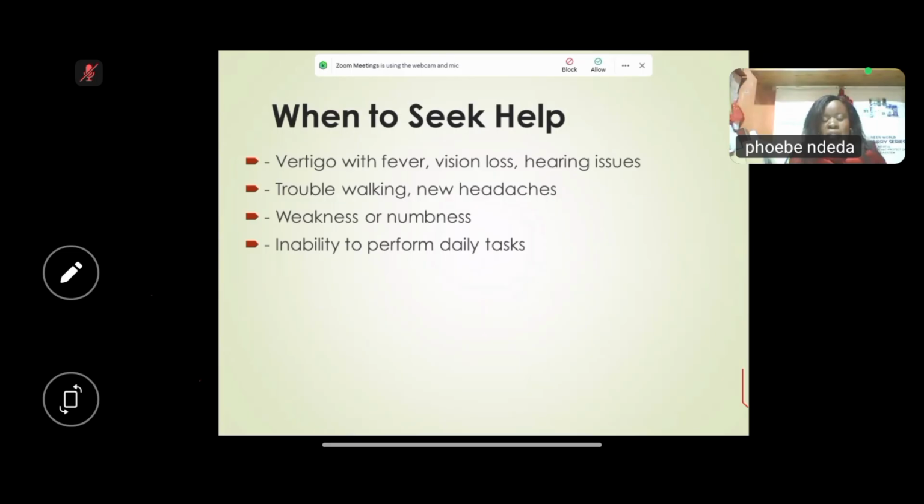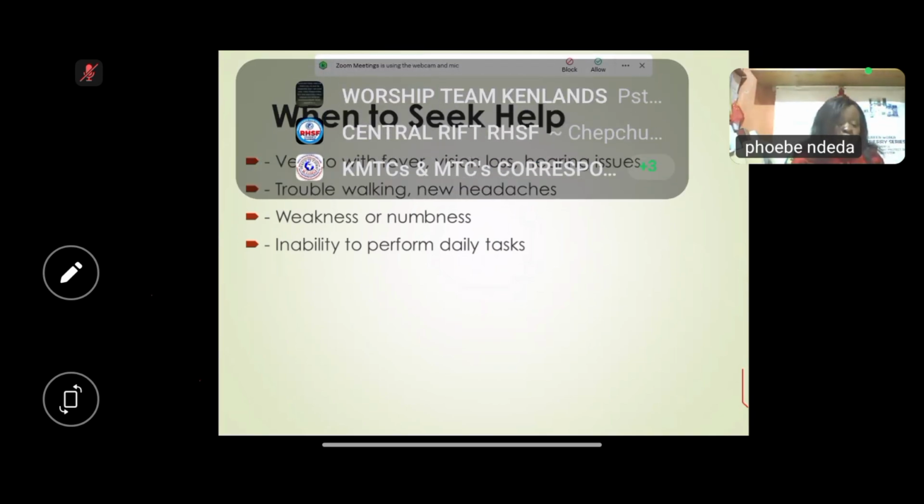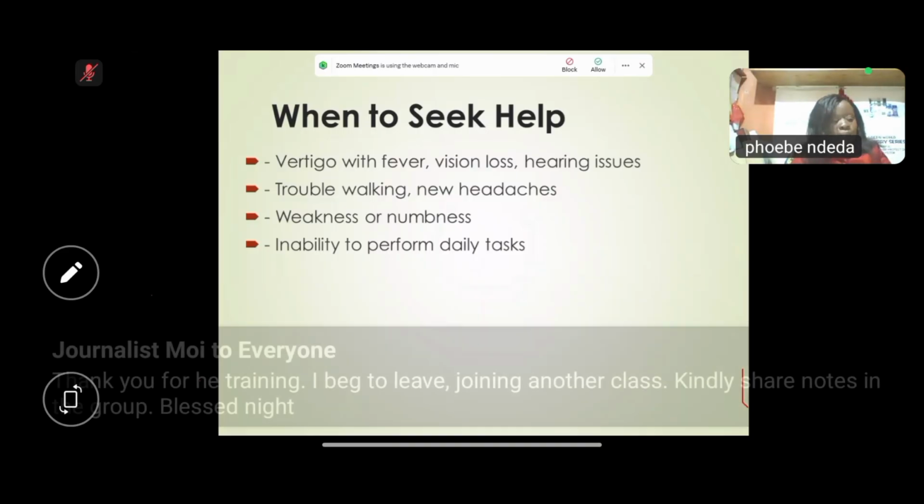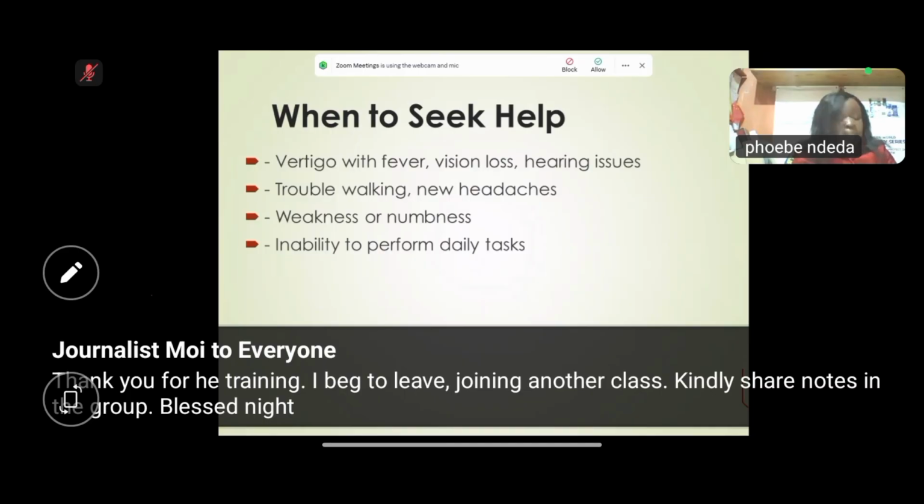Inability to perform daily activities. Let me tell you, this vertigo can make you not do anything. Ukienda kufanya anything, it comes just spinning the whole day. And if you see it persists, you cannot now do most of the things, you need to seek help. Sudden severe headaches, seek help. Sudden loss of hearing, seek help. Chest pain, seek help. Difficulty speaking, seek help. Weakness on one side of your body, please seek help. Okay. Now, some people say